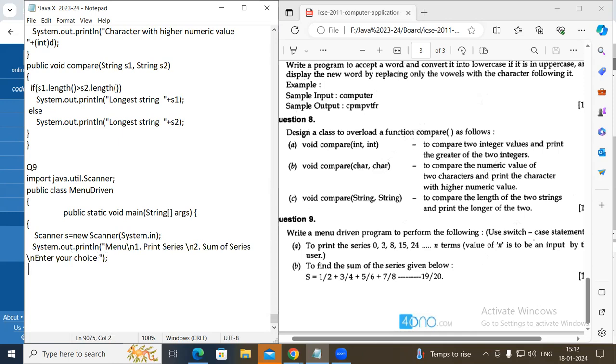You're asking for the choice. int choice equal to s.nextInt. Once after getting choice, switch choice,